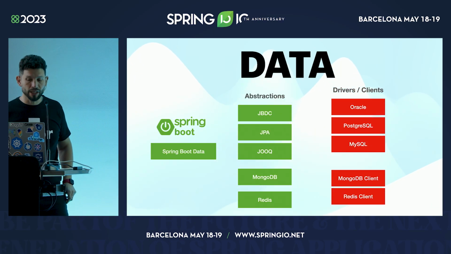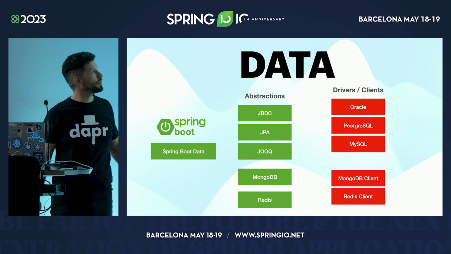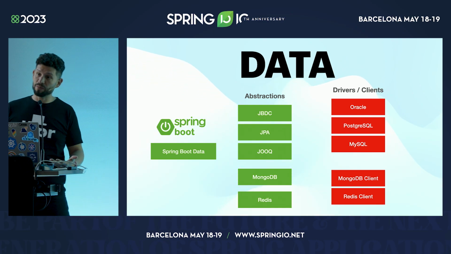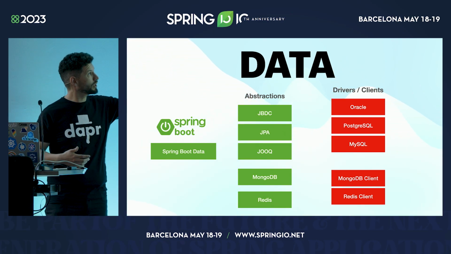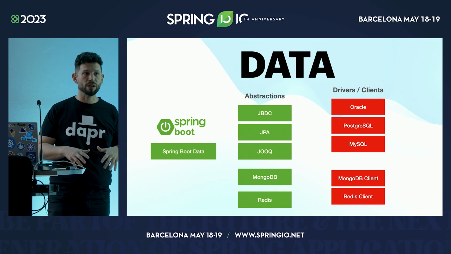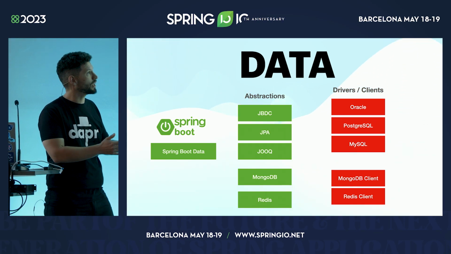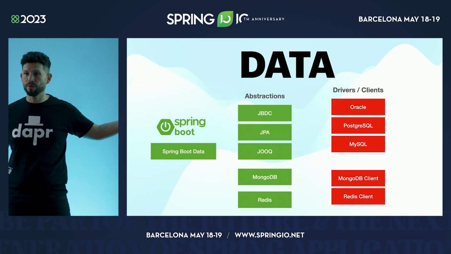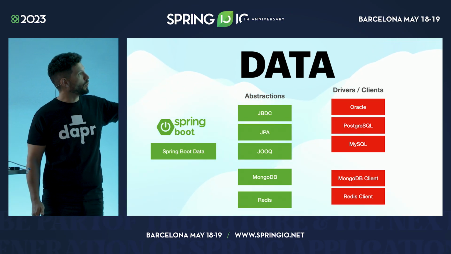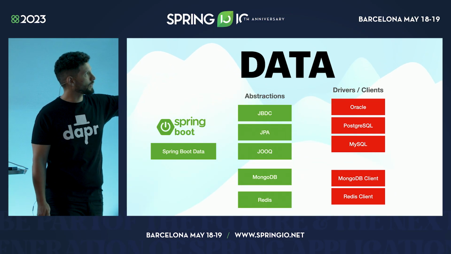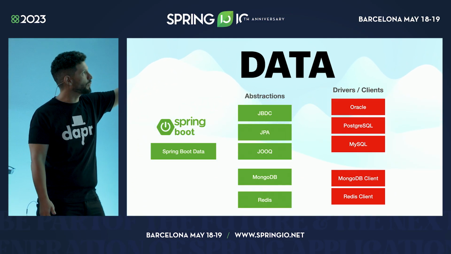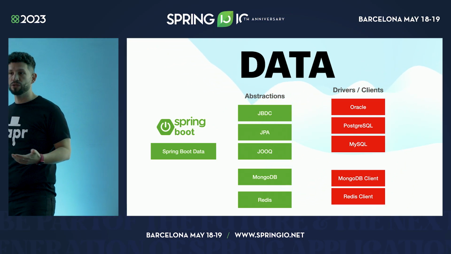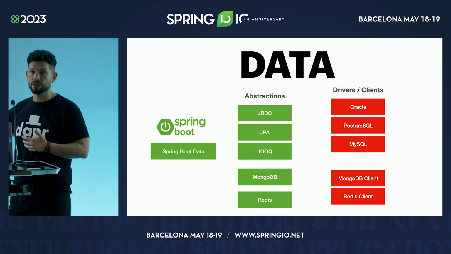So let's talk about data, right? If you want to store data with your Spring Boot applications, you have Spring Boot data. Perfect. Spring Boot data is basically a set of abstractions. You can choose between different abstractions, so it feels natural from a Spring Boot application to build applications that store data into relational databases, document databases, or key value stores, right? What I wanted to highlight here is that we are choosing a framework, Spring Boot, then we have an abstraction, and on top of that abstraction, we have clients or drivers that we will need to include in our application to communicate with these components.